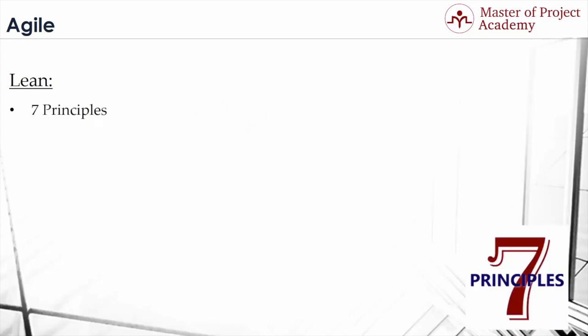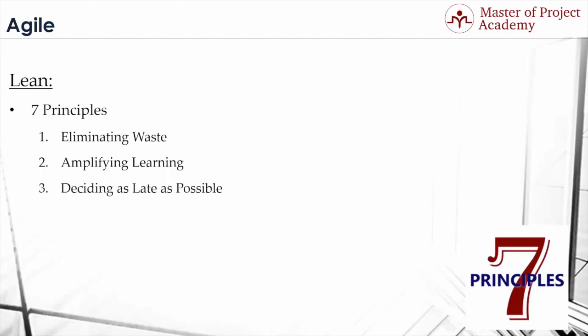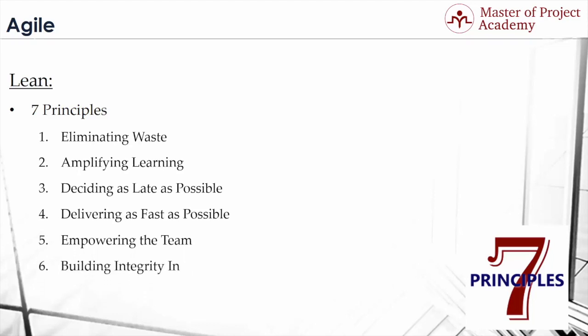The 7 principles of lean software development methodology are: 1. Eliminating waste. 2. Amplifying learning. 3. Deciding as late as possible. 4. Delivering as fast as possible. 5. Empowering the team. 6. Building integrity in. And 7. Seeing the whole. Lean software development is useful to provide insights into how to solve problems both inside and outside